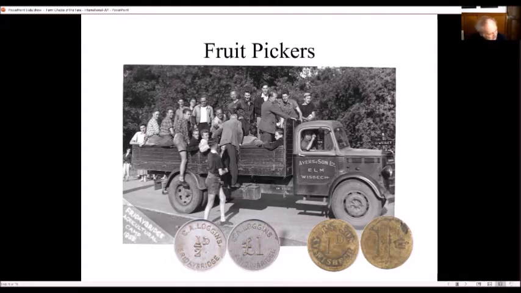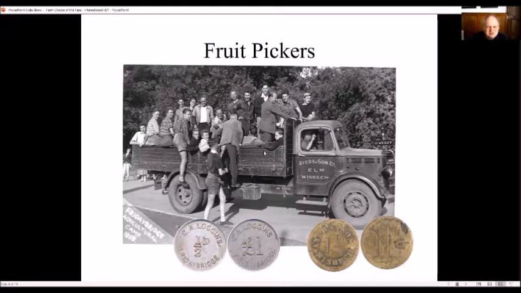Lots and lots of workers came out from London, and this was their holiday. They got paid for picking fruit. So you get a holiday in the countryside, you get lots of fresh air, you get some exercise, and you get paid for it. What could be better? And so huge numbers, thousands of people came from the East End of London on the trains, and were picked up at the station and taken back to various camps. And here we have a truck owned by Ayres and Son Limited, who had a farm at Elm, well, a large area of land around Elm, which is very close to Wisbech.